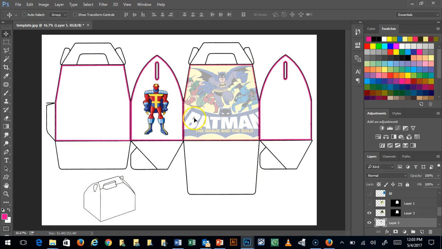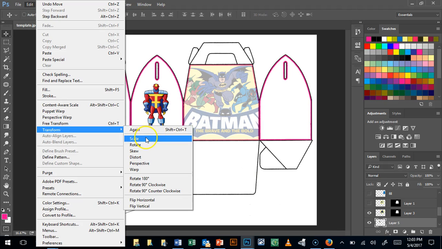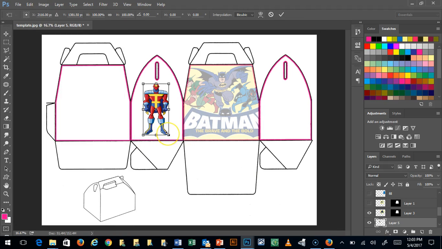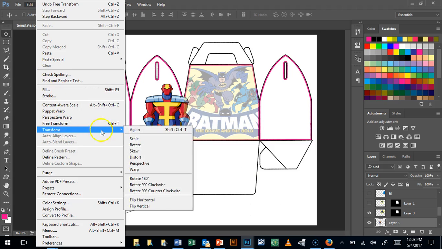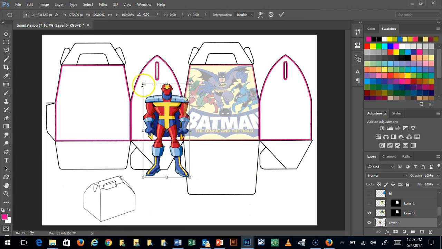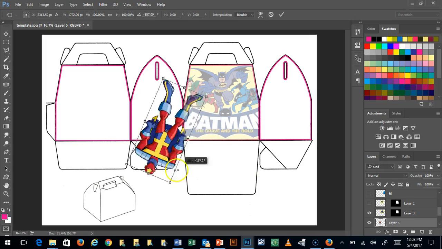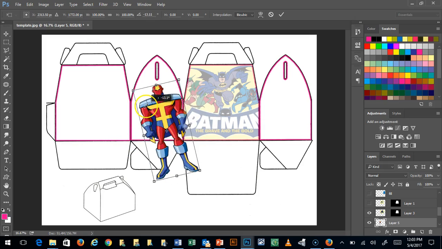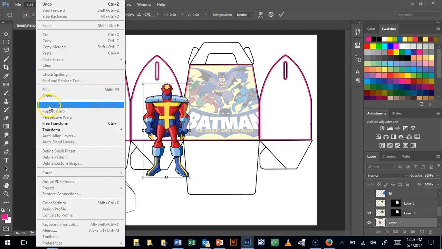All right, now I've got him on my box. So let's look at some of the other transformations and what they do. Okay, transform, scale we've done. Transform scale just makes things bigger or smaller, right? Rotate, Edit, Transform, Rotate, does what it says. See, he's just spinning around there. Okay. Skew,